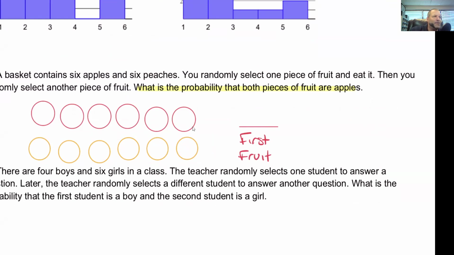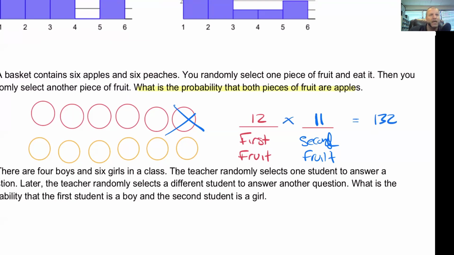I have 6 apples and I have 12 peaches. So there are 18 possible options for my first fruit. But now I eat one of these things. So my second fruit, how many possible choices do I have now? Well, since I ate one, and we're assuming we're not regurgitating this thing and eating it again, we have 17 choices. So the total number of outcomes that we'd have would be 18 times 17, which is 306 possible things